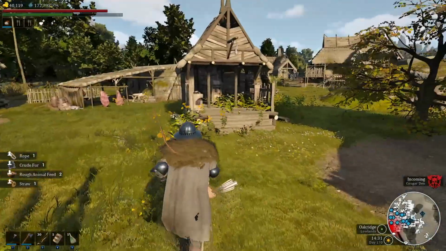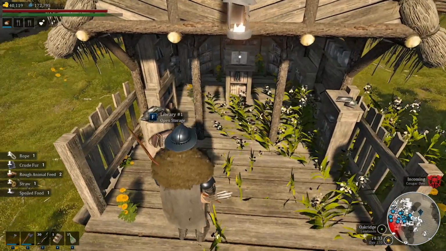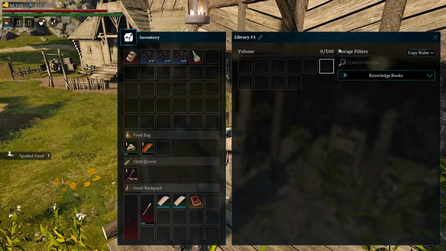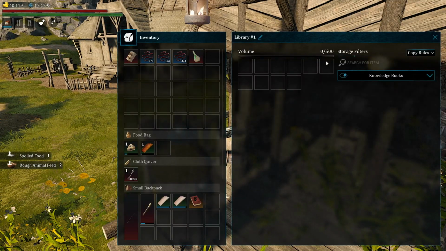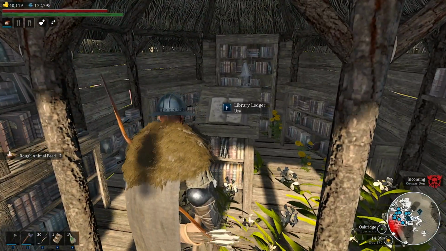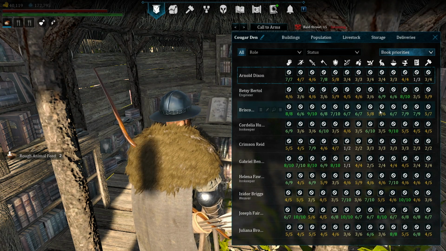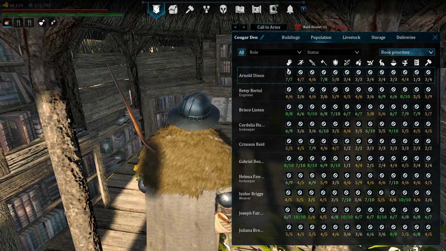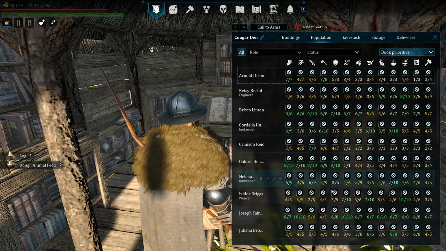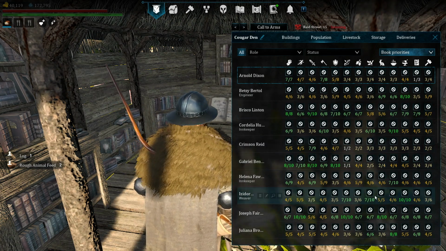Oh, great. Okay, while waiting for the raid to arrive, I just ran over here to check out the new library, see if it was ready yet. So we can store books in here, which is great. It goes up to 500 storage here. And then use the ledger to assign priorities. This is the first time I'm seeing this, so bear with me. Assign priorities for what they should be studying in their downtime. So when they've got nothing else to do, people will now come over and read books on their own,